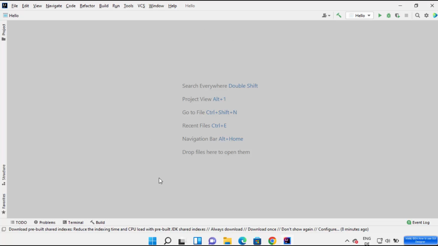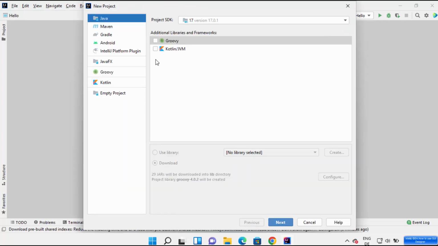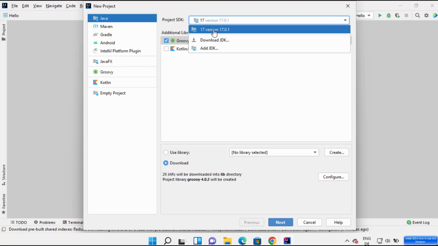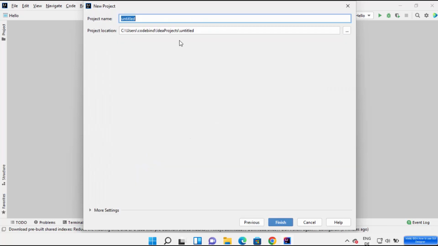So once you have opened your IntelliJ IDEA IDE, go to the file option here and then click on new and then click on project, and here there are few options. What we are going to do is we are going to create a Java application, and here I'm going to choose Groovy here, and the project SDK is 17, so JDK 17 is installed on my system. Whatever is the latest version of JDK installed on your system, it's going to show that here. So just leave it as default and select Groovy here and then click on next